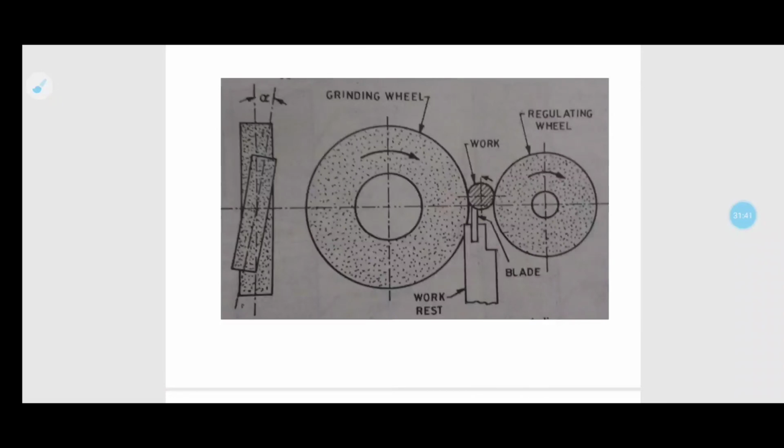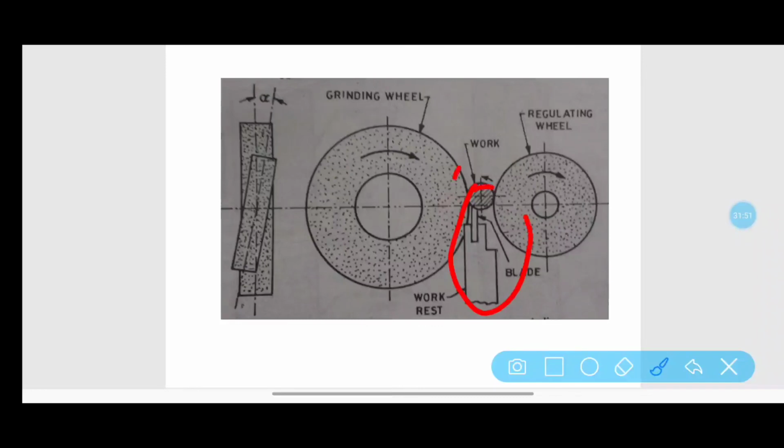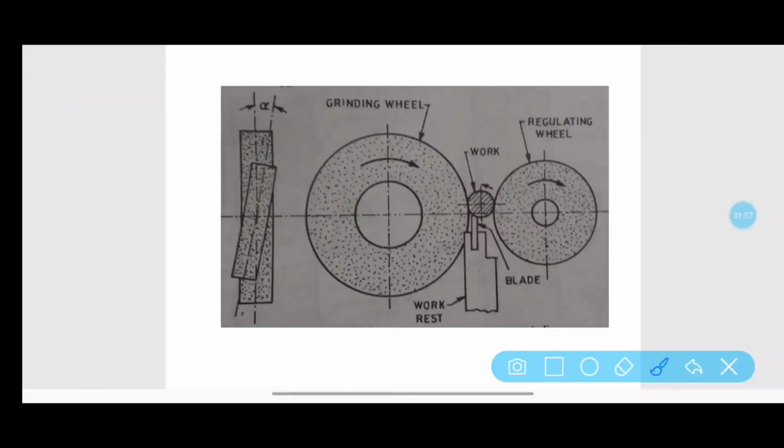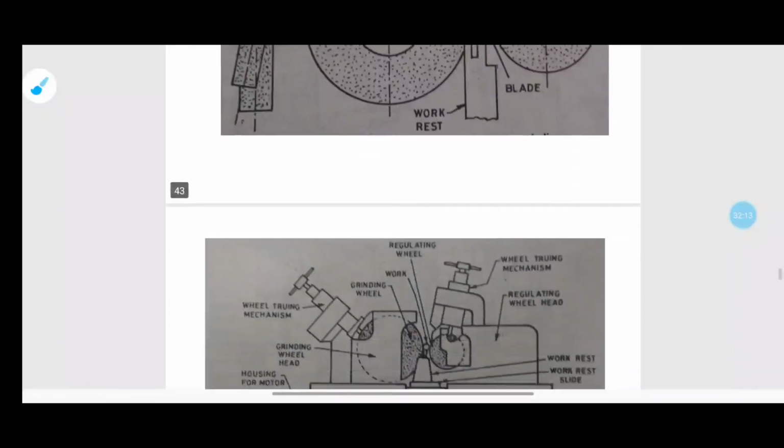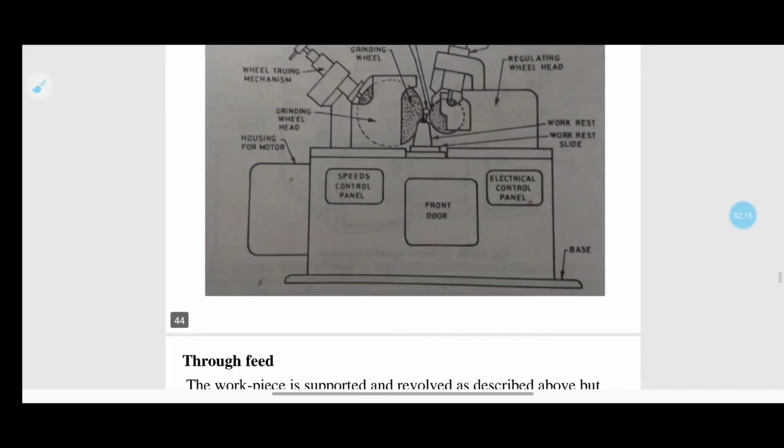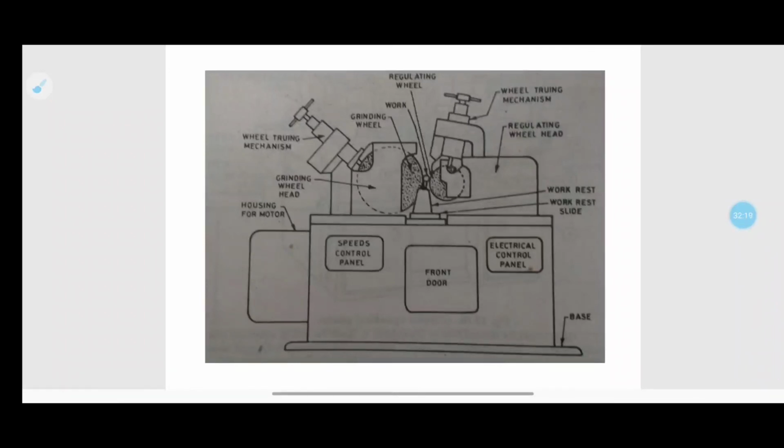Okay. This is the grinding wheel, this is how it happens. You could see that it helps the workpiece to remain in contact with the grinding wheel. So this is a workpiece, right? Because of this it will help this workpiece to stay in contact with both the grinding wheel and the regulating wheel. Make sure that it sticks in the particular place so that it will not move and grinding can be achieved without any problem. Next one, this is one more drawing, you could see it.